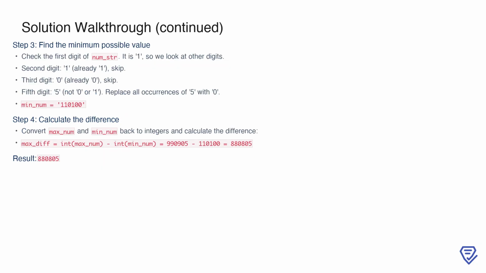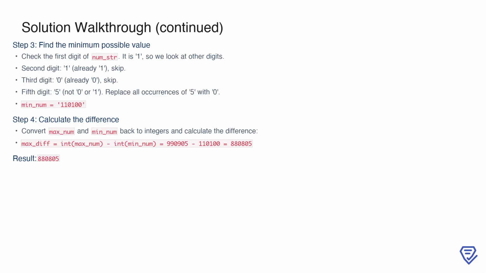For the minimum possible value with the input 110105, we start by examining the first digit, which is 1. Since it's already 1, we skip it and move to the second digit, which is also 1. Skipping further, the third digit is 0, which remains unchanged. Finally, we reach the fifth digit, which is 5. Since 5 is not 0 or 1, we replace all occurrences of 5 with 0, resulting in 110100 as the